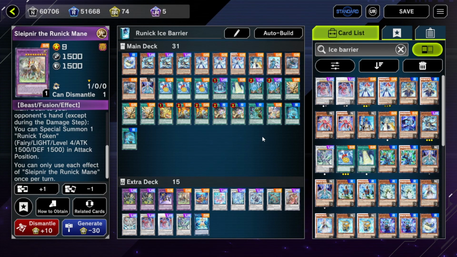So, yeah, I think that'll be about it. Please let me know what you thought. I really enjoy playing this deck. It's a lot of fun. Obviously, it's non-linear. The normal Ice Barrier combo is a little linear, but everything else is just kind of like play your hand out, see what happens. And a lot of people don't want to deal with Runick. They think it's